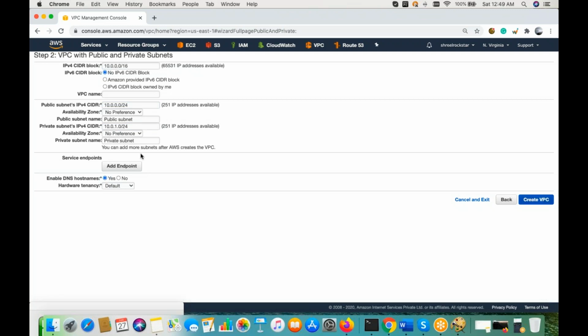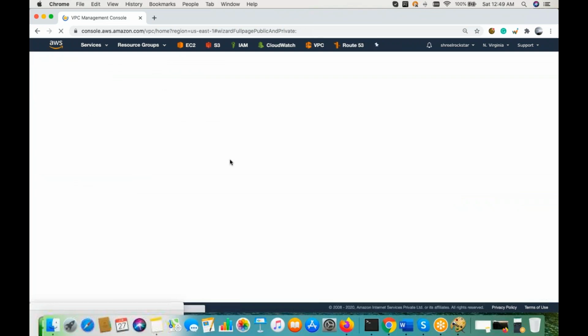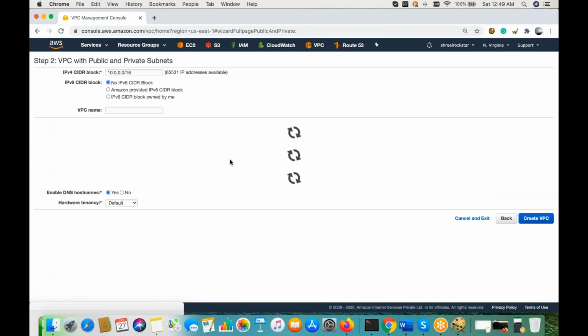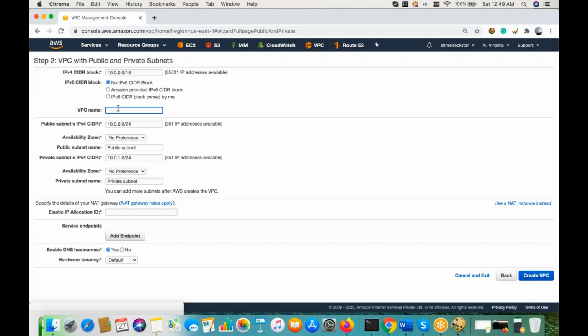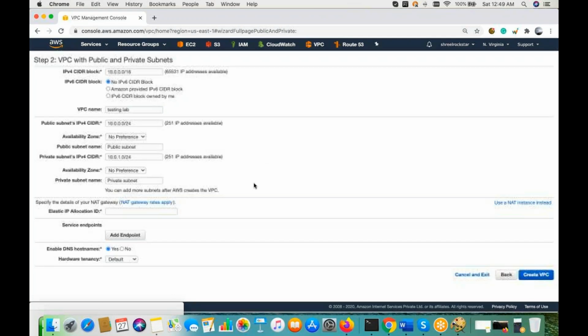Create the VPC. Let me give the name so that I can clean out the stuff after that. Right, so one public and one private, same thing we are going with, that's fine.